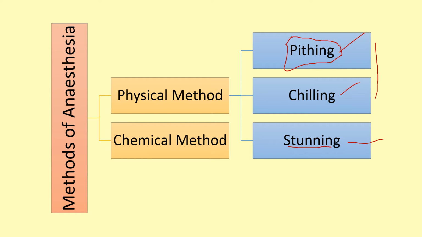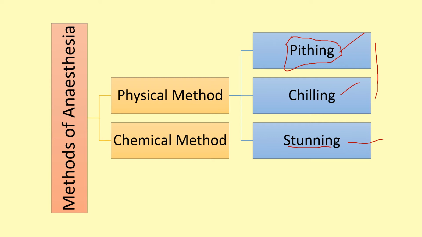What do we do in pithing? In your left hand, you have to hold the frog in such a way that the dorsal part, meaning the upper part of the frog, faces towards you. In the right hand, take the pithing needle and move it on the dorsal part of the frog. When you are moving it downwards, at one point you will feel a cavity, meaning the needle will go inside, or you will feel a depression. That is known as the pithing point or occipito-atlantic junction.